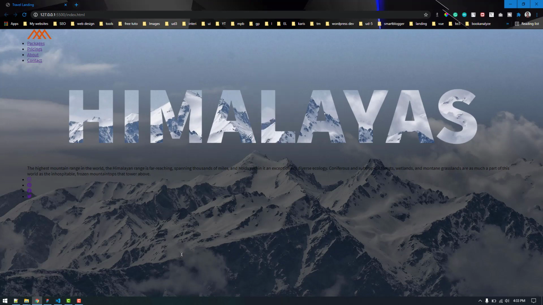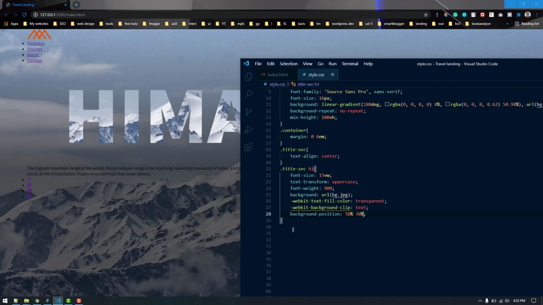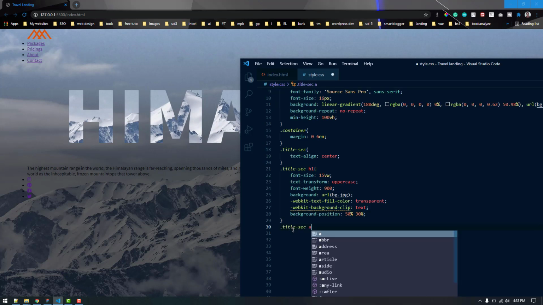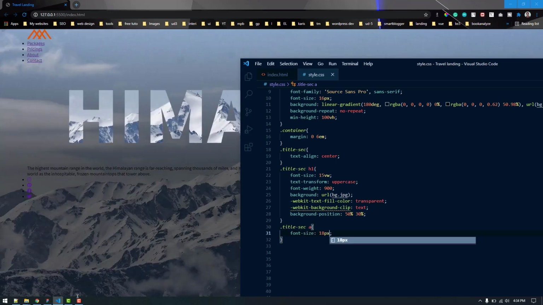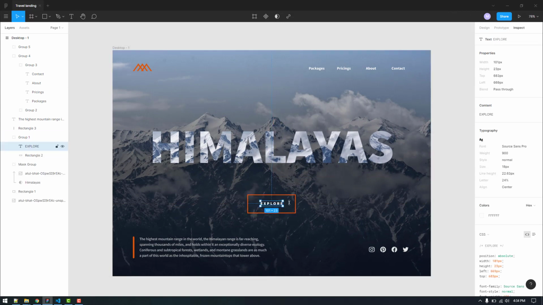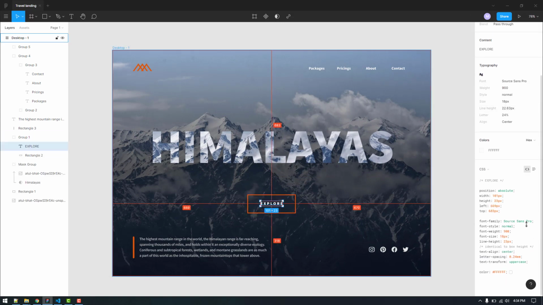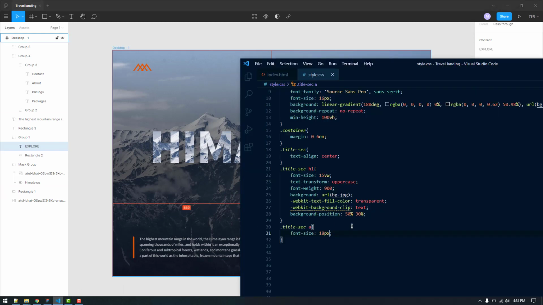I don't know where it is, but let's target it. It's in the title section. Let's give it a font size of 18 pixels. We can actually go to the Figma and get the font size, font families, font weight. Let's just copy this and paste it here. Everything is fine. We don't need the line height. Text align, we don't need it. Everything is fine. Let's save,